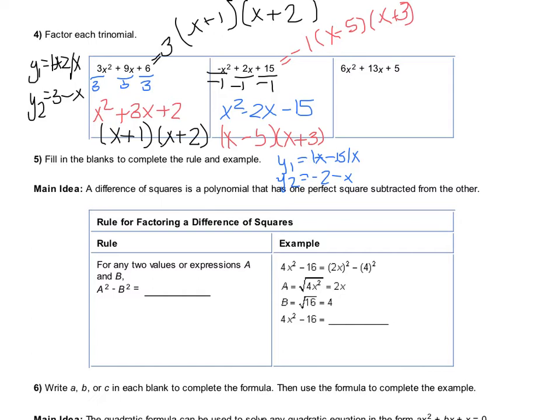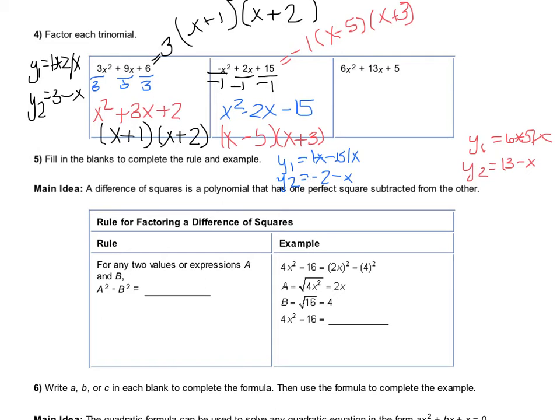All right, so last one. I have 6x squared plus 13x plus 5. I cannot divide all of those by anything. It did not have a negative 1 in front. So I'm just going to go to y equals. In y1, I'm going to put 6 times 5 divided by x. In y2, I'm going to put 13 minus x. And then I'm going to go to my table and look for where y1 and y2 are the same. And I'm going to find that at